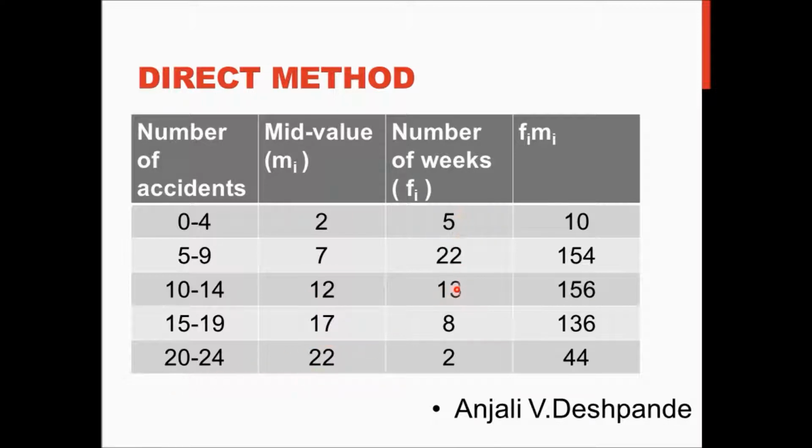This is of course the frequency which is given to you. And now in the next step, we have to multiply both of these, that means Fi multiplied by Mi. So here we have got the multiplication. You are also advised to take down the problems and try on your own along with listening to the video.